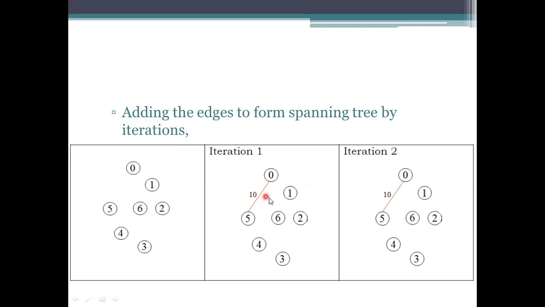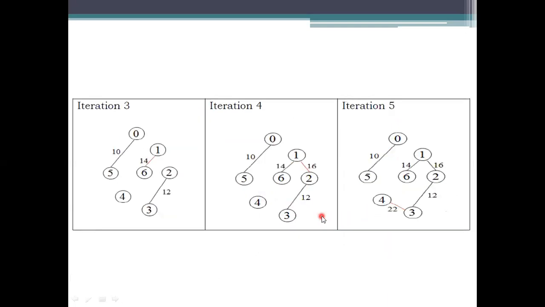Then we need to take the minimum edge, that is the least cost edge. So that is 10. So at iteration 2, we need to check whether any other is being taken or not. Okay. So the 10 has been taken, and then next we take the value